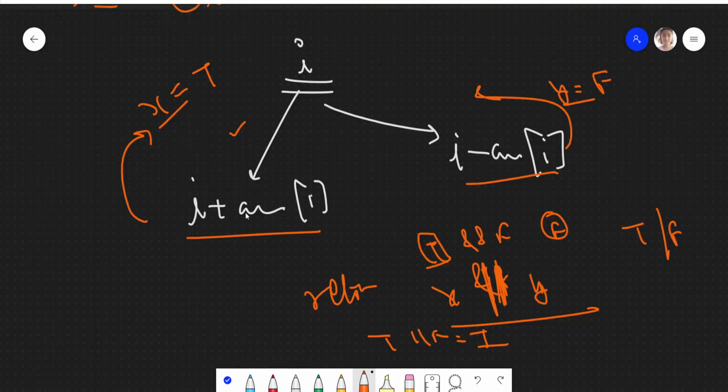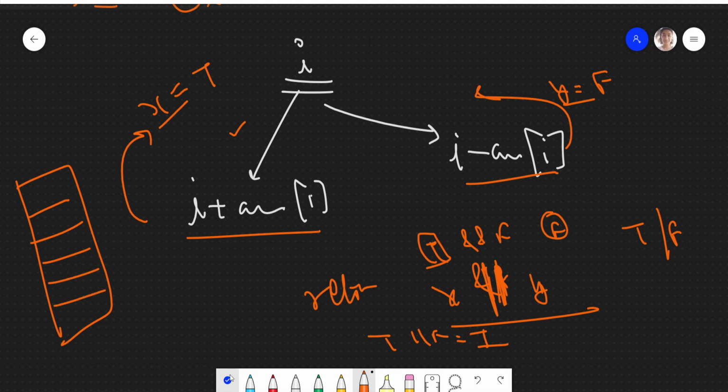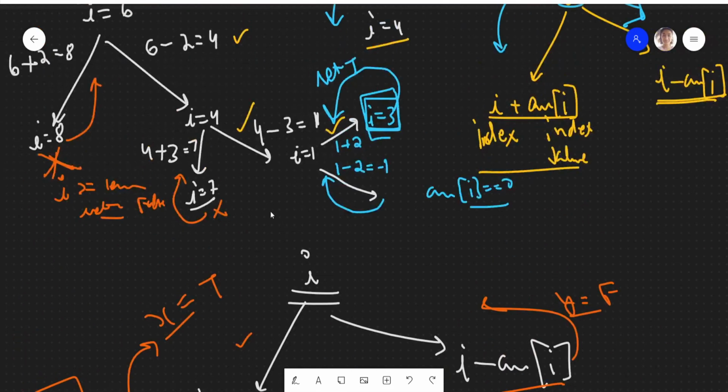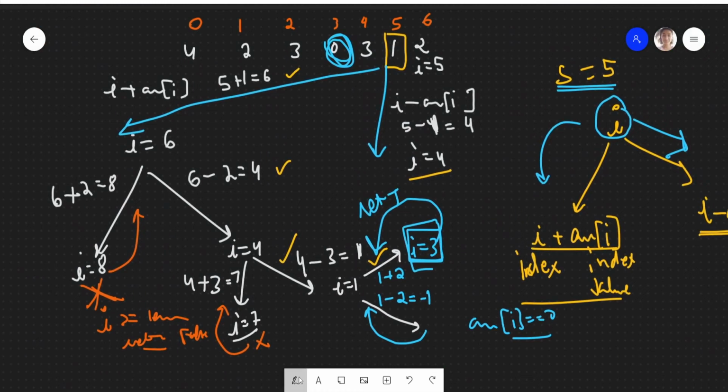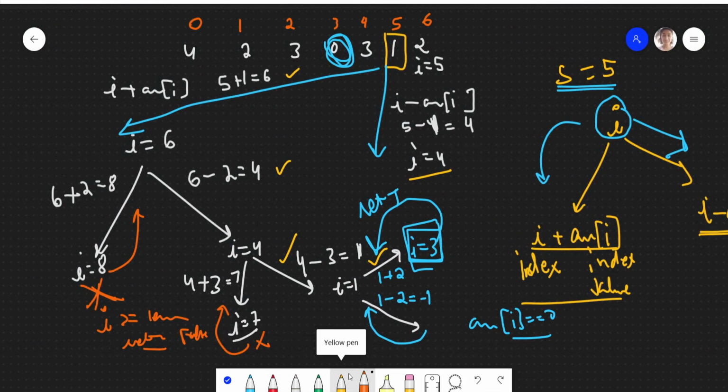Also we will be maintaining a visited array which will tell us which indexes are visited. Why are we making a visited array? See, over here, this is I is equal to 4, which we evaluated. Over here also I is equal to 4 was coming.